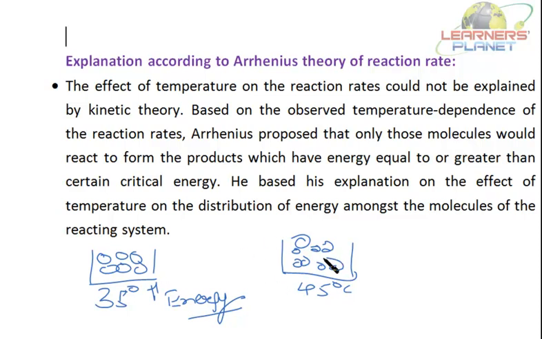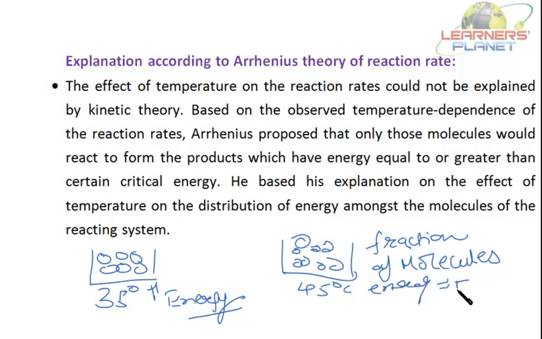Now every molecule is not getting a similar amount of energy. So there is some fraction of molecules which have energy equal to the threshold energy or the critical energy for collision. That is, the increase in the temperature is affecting the fraction of molecules having energy equal to the critical energy for collision. That is, it must be doubled. That is, the fraction of molecules having energy equal to the threshold energy must be doubled for a 10-degree rise in temperature.